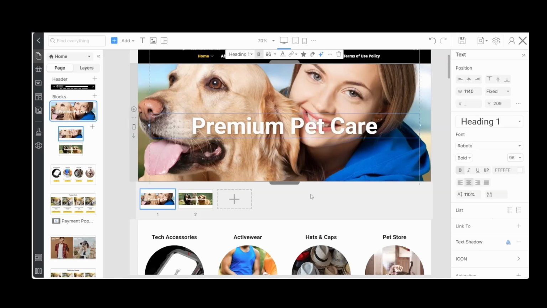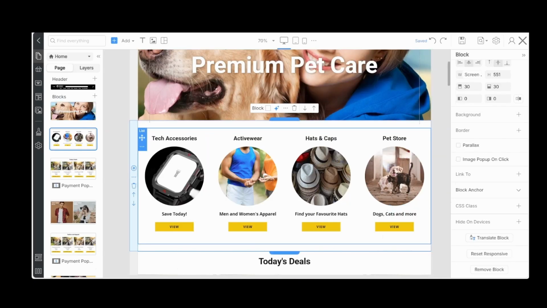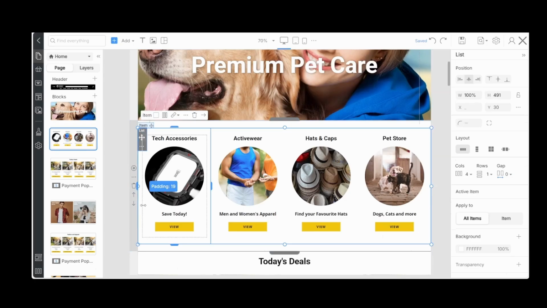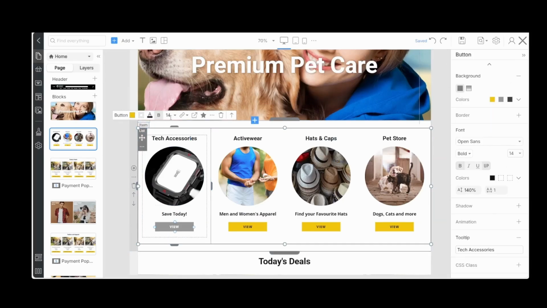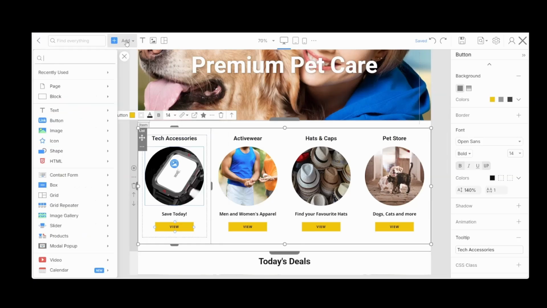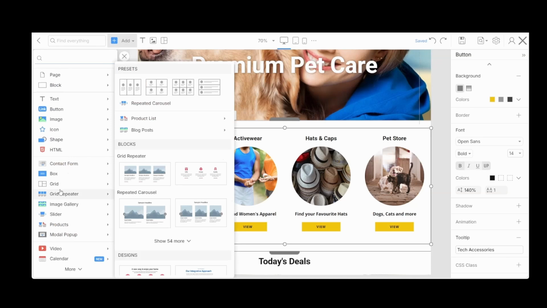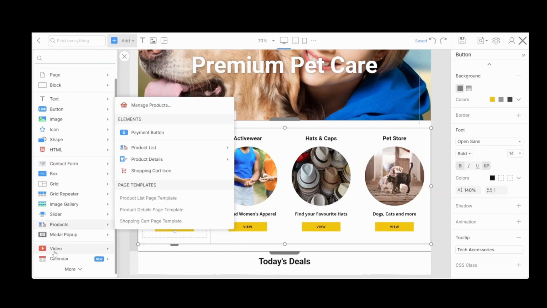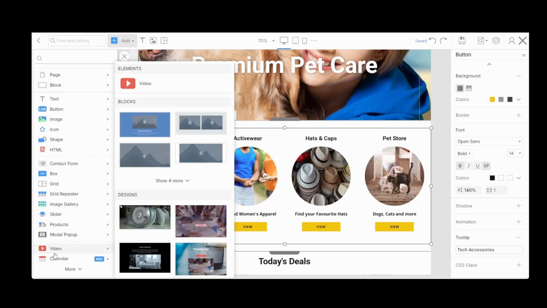So let's continue on. So let me explain a little bit more how we set up our websites. We use blocks, grids, and elements. And right here is a button element. And if I click on the linking, you'll see all the multiple ways we can link this button. Plus, if you come up here to the add, you'll see multiple elements and grids and videos and calendars that we can place on our website as well.